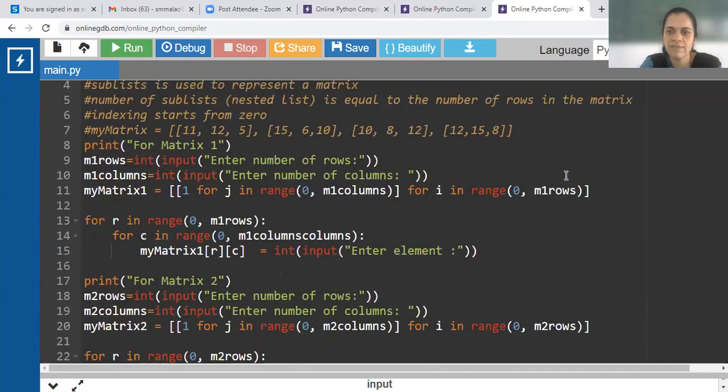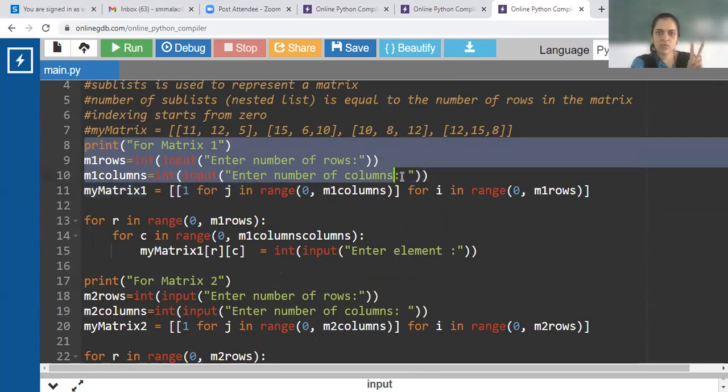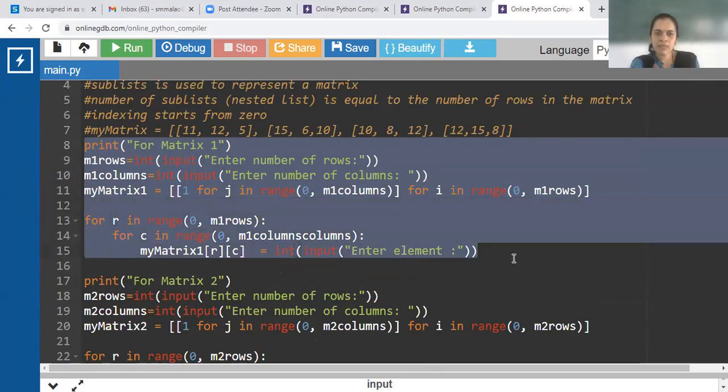So what changes have we made? In the program we are creating two matrices, accepting rows and columns of the first matrix, initializing the first matrix to 0 and accepting its values from user.